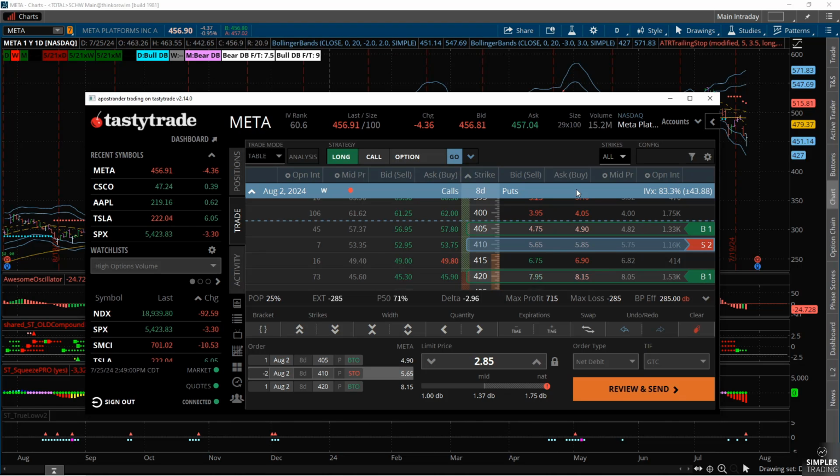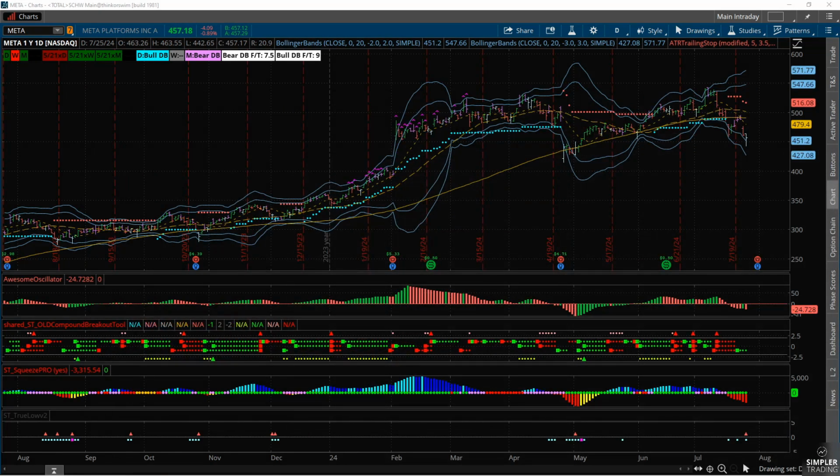So once again, not a bad risk versus reward on that forgiveness factor, if you're right about the volatile direction, but maybe wrong about the strike level because it exceeds it. So this is how I'd be looking to trade Meta through the earnings, due to the fact that it typically has gap moves. Now, just as a friendly reminder, I can't be the director of risk tolerance here at Simpler